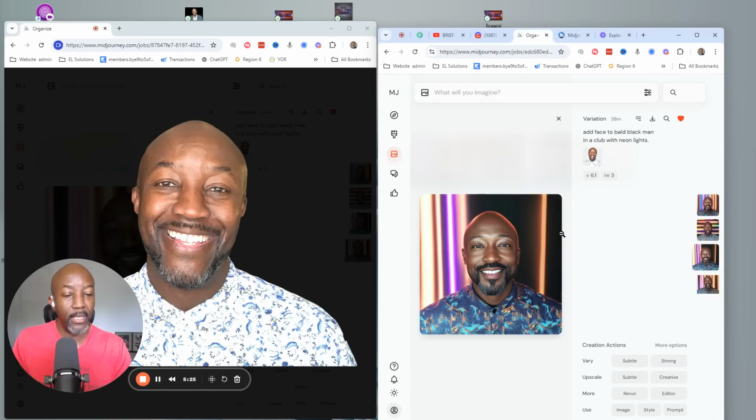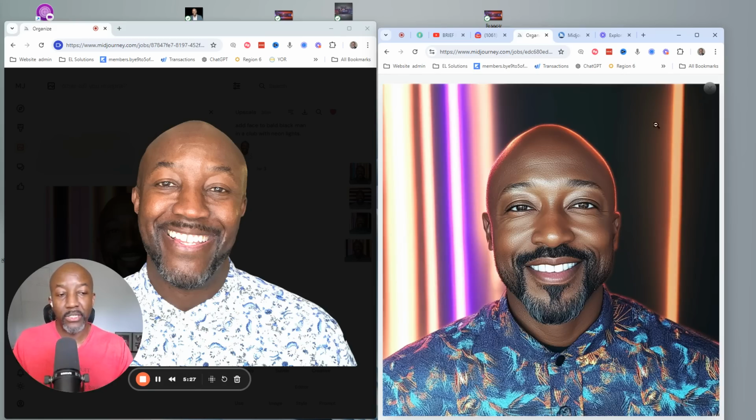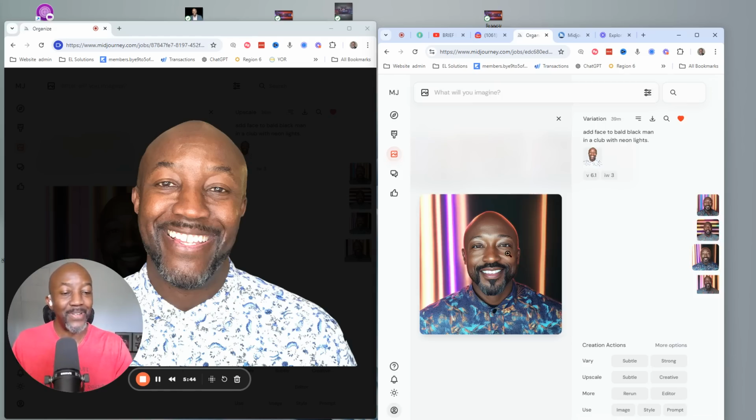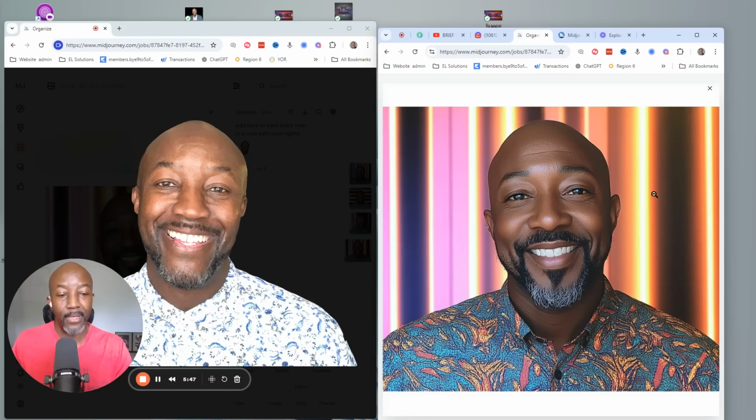Then we have this one. I love this one because you have the dark on one side and then the lights on this side. So this one, it's really cool. Much more, it's kind of serious, but you know, it looks more like me than the white woman or the white man. So, and then let's go to this one, which will be number 4.